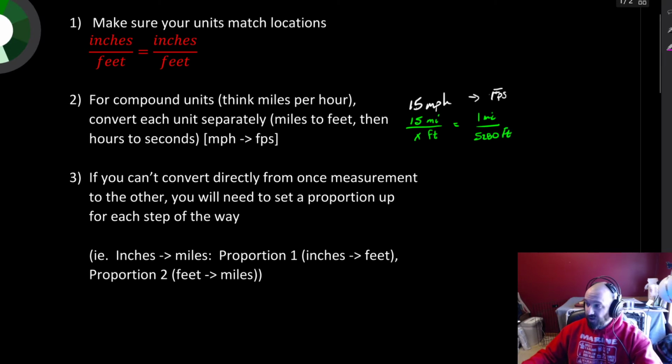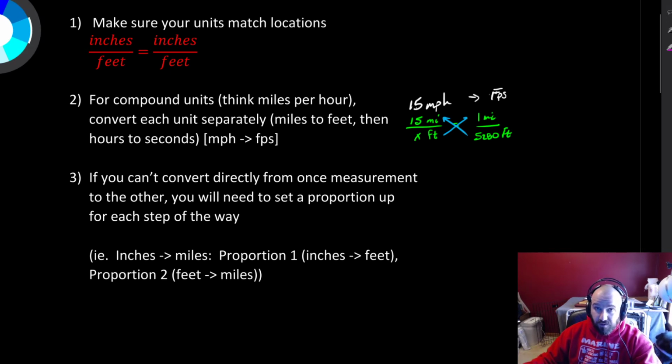And this is where you cross multiply. We cross multiply. I would ignore the units at this point. If the units match top and bottom, you will get the right unit. So this is going to be 1x, or just x, is equal to 15 times 5280. I've got to get a calculator here. The units will cancel out in the division, but if you carry them through, it might be quite confusing. So 15 times 5280,